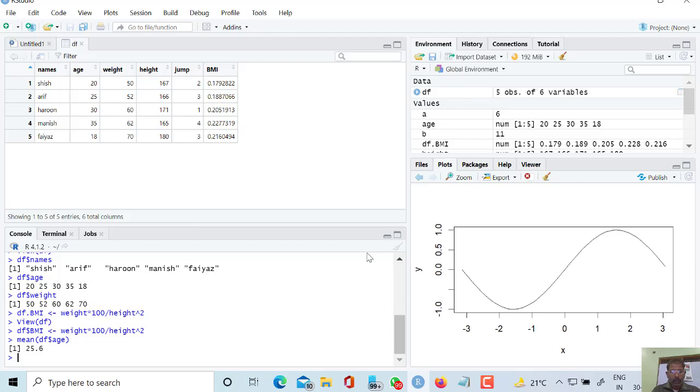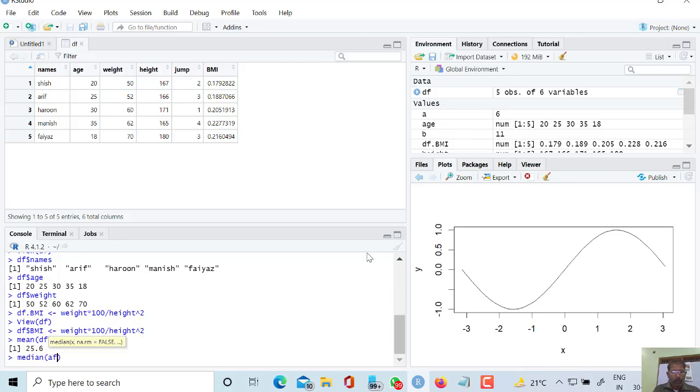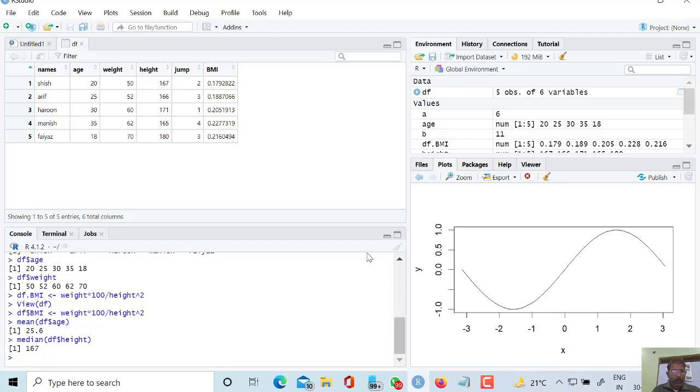Similarly, we can calculate the median of the data frame height. So 167 is the median value.